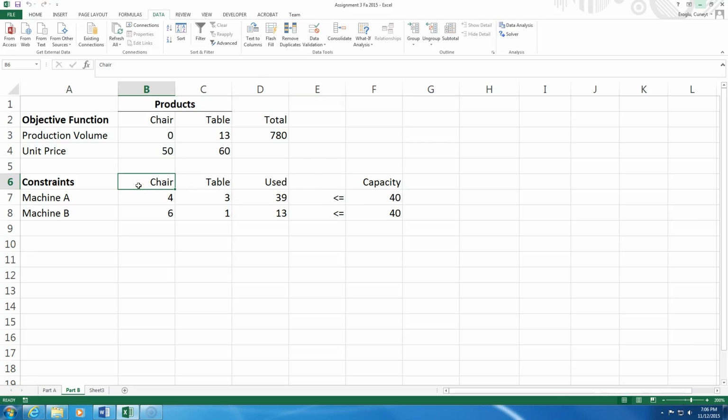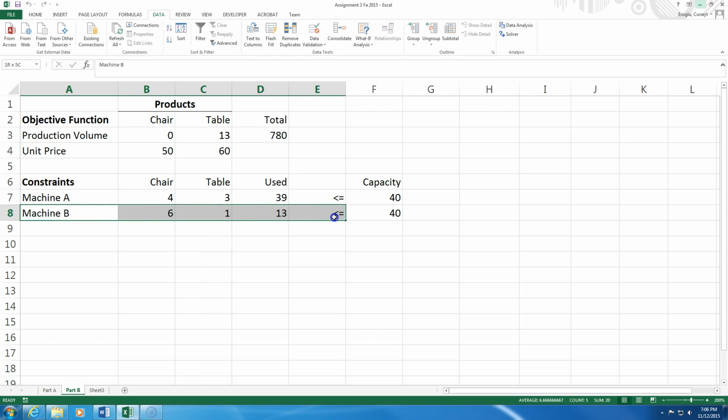So we have obtained an optimal solution with a revenue of 780. Okay, can we do better? Let's look at the constraints. For machine A, we're using the machine for 39 hours, which is just below capacity. And for machine B, we're using the machine for 13 hours, which is way below 40 hours. So yes, if we wanted to increase the revenues, we have a lot of slack, unused